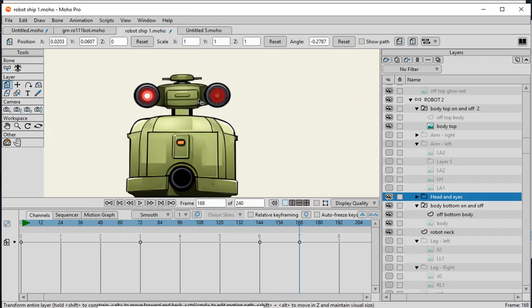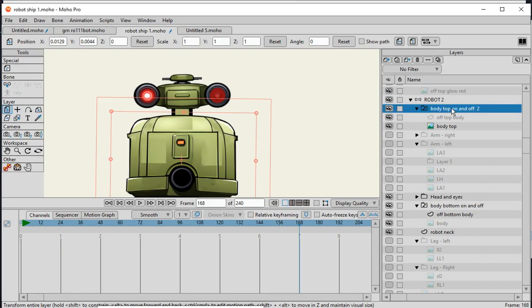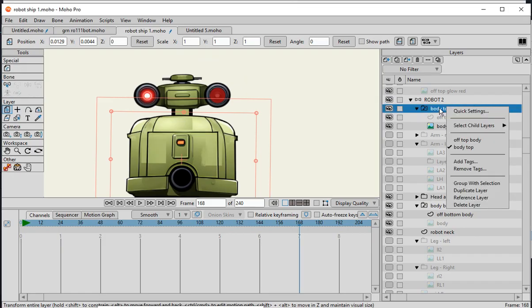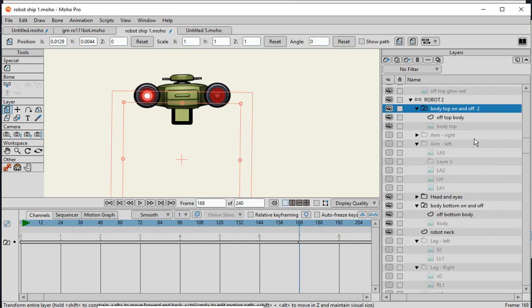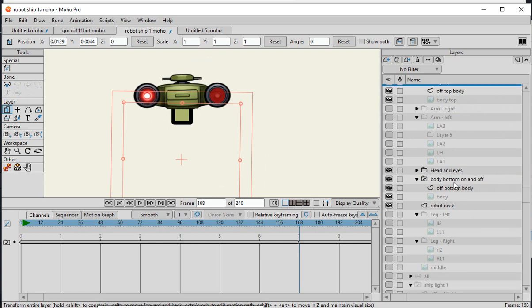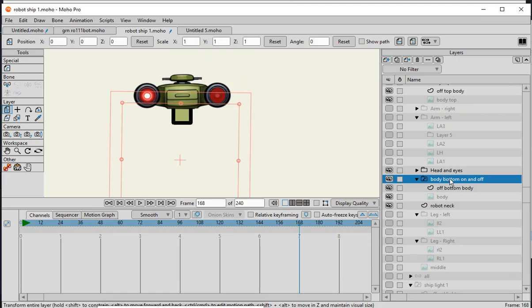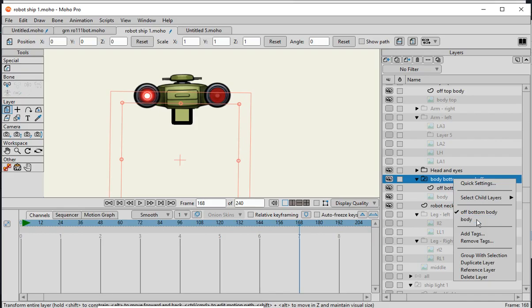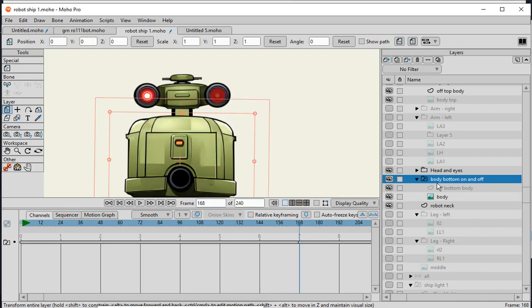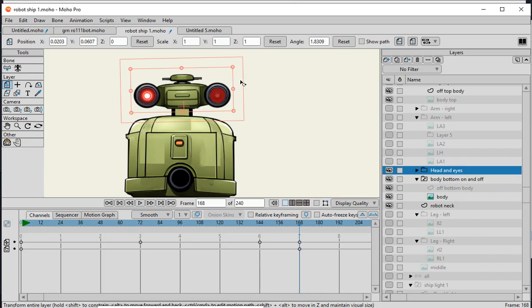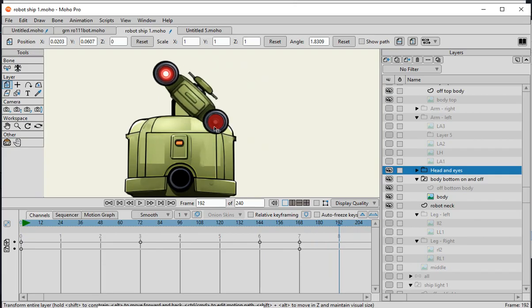So what we'll do here is go to our switch here, turn this off, right? And then we go to our body bottom, and we just turn that on, right? So now when we have our head do our movement like so, now he's in front, right? So if we look at the whole thing, if I go back here,